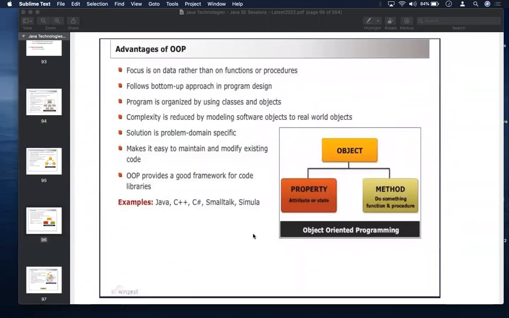So in OOP, what happens? The focus is on data rather than functions or procedures. As I told you, it's an object-oriented programming language. Orientation means focus. The focus is on the object. What is an object? An object is a real-world thing. What does the real-world thing contain? Data, right? In other words, I can say it's a data-oriented programming language. That data, you would identify as an object, and similar